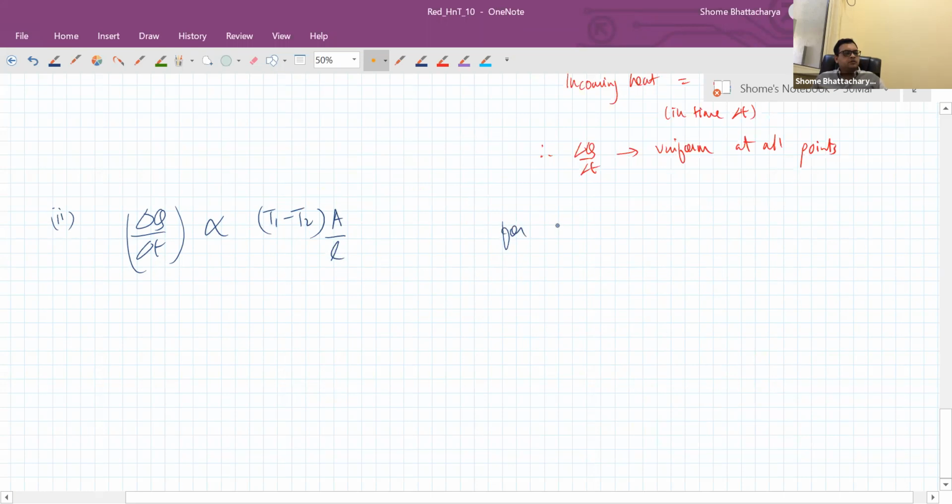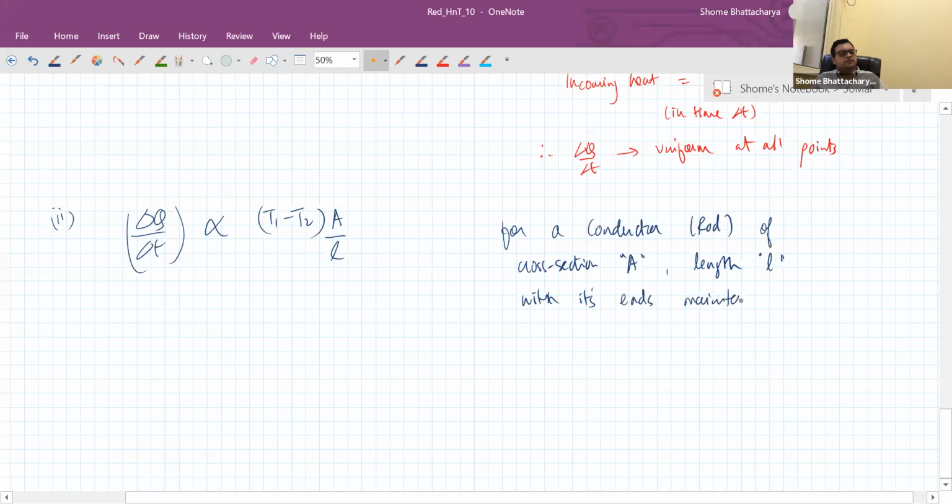So for a conductor, in this case a rod of cross sectional area A, length L, with its ends maintained at constant temperatures T1 and T2, T1 greater than T2,